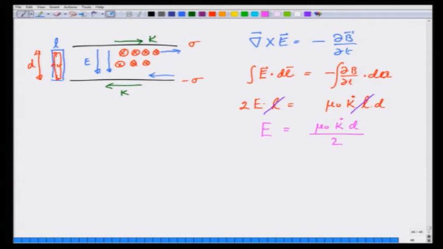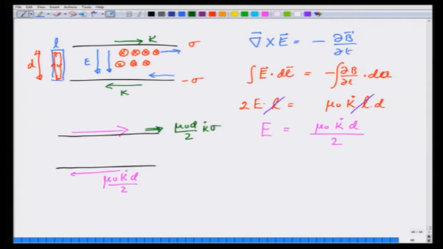The direction of the electric field on the upper plate is like this. Let me make this plate again, and on the lower plate it is in the opposite direction, and its magnitude is mu 0 k dot d over 2. So, it will apply a force on this sigma and minus sigma. The force on the upper plate is going to be E times sigma per unit area. So, this is going to be mu 0 d over 2 k dot sigma per unit area. On the lower plate again, the force is going to be to the right, again mu 0 d over 2 k dot sigma. So, the net force